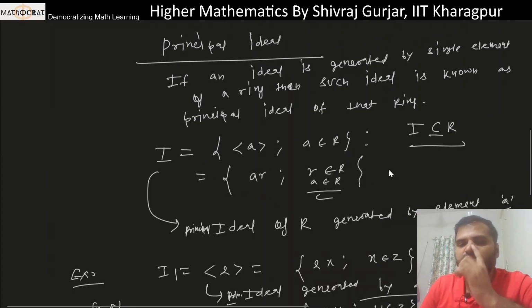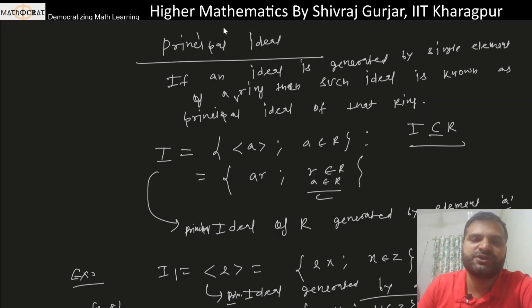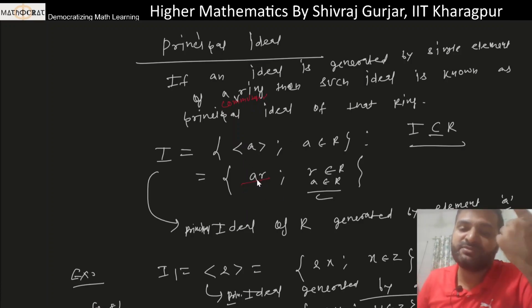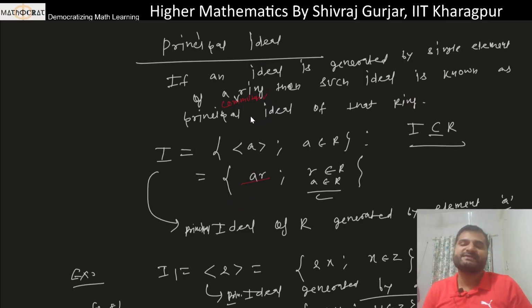ये जो रिंग है, that should be commutative. ठीक है। Commutative ring. ऐसा क्यों? ऐसा इसलिए कि otherwise इसका कोई मीनिंग नहीं रहेगा कि a किस साइड में रखा जाएगा, राइट। So this ring should be commutative, ठीक है। So principal ideal of a commutative ring is defined as this,